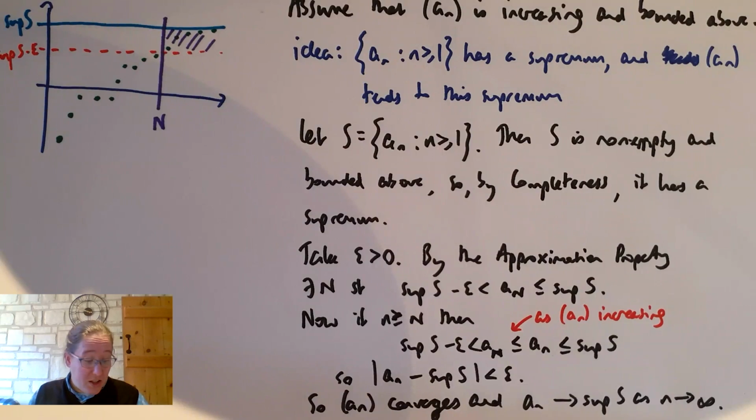We still need to do part 2, which is that a decreasing sequence bounded below converges. But actually, if the real sequence A n is decreasing and bounded below, then the sequence minus A n is increasing and bounded above. So actually, part 2 follows from part 1. So we don't need to go through the argument again. It's just an immediate consequence of part 1. So the monotone sequences theorem is really helpful. It's actually not too bad to prove. I think this is a really nice proof. I like the fact that I can draw a picture of it.